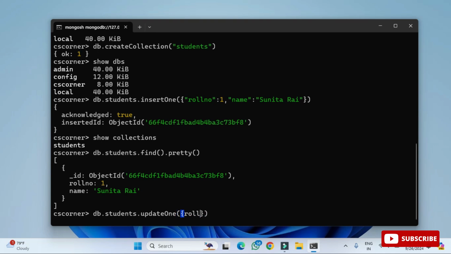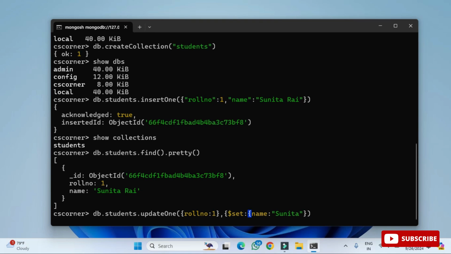In that, inside curly brackets I'm writing rollno: 1, so it will update the record of roll number 1, and then a comma, and then I'm writing $set. This is used to change the value of attributes, whatever you want to change. So name: I'm writing name as Sunita. For roll number 1, the new value of name will be Sunita.